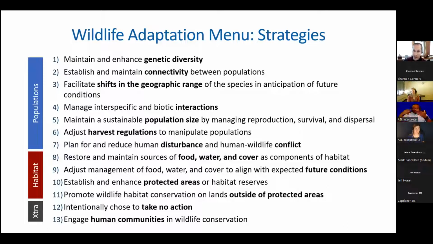And then B, we do have specifically a forestry and forest ecosystem management menu that includes some more specifics about tree species migration and different ways and approaches, different philosophies for helping forest species migrate. So I would encourage you to look at that menu if you're interested in more forest specific examples.